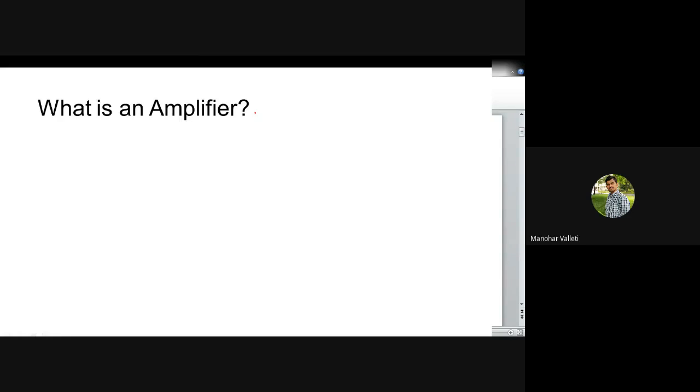Then that amplifier we are calling a voltage amplifier. The same amplifier, if applied a sinusoidal signal and at the output the current is increased, then that is a current amplifier. In the same way, if power is improved at the output of the amplifier, then that is a power amplifier. Anyhow, all these amplifiers we are not studying. We are only studying the voltage amplifier, meaning a voltage signal is applied at the input of the amplifier.